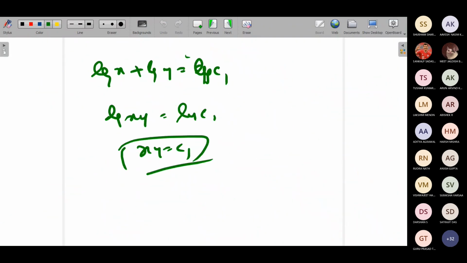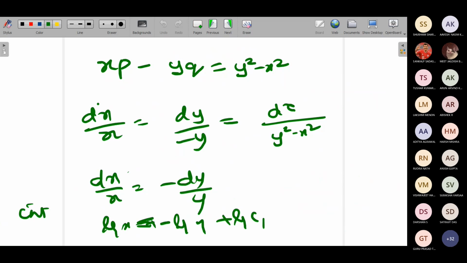I should have given the problem after teaching this. Okay, so first two constants you took as a multiplier. Now what you have to do is choose multipliers such that the combination of the multiplier along with the denominator becomes 0. So one is the method of grouping. Here you have applied the method of grouping. Taking the first two ratios, you got it. I can write it like this instead of this.